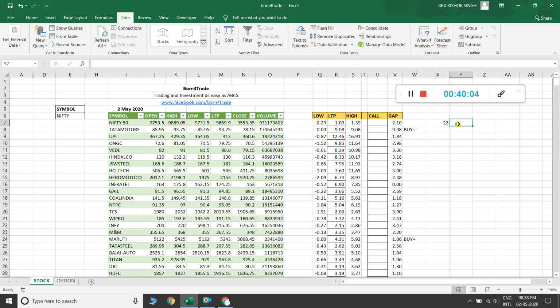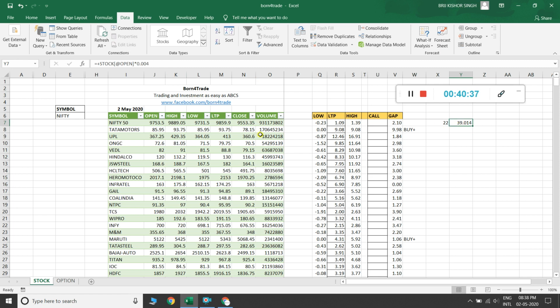And I'm making plus open into 0.4%, sorry, 0.4. Here it gives 39 rupees. You can understand the difference.